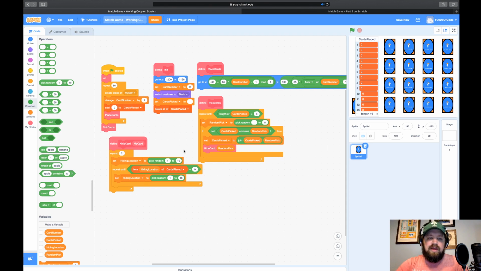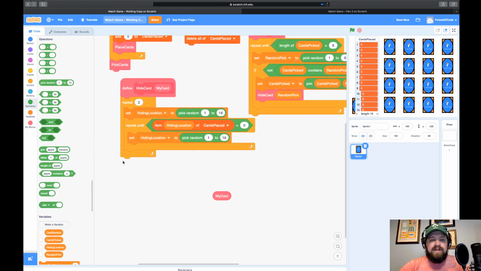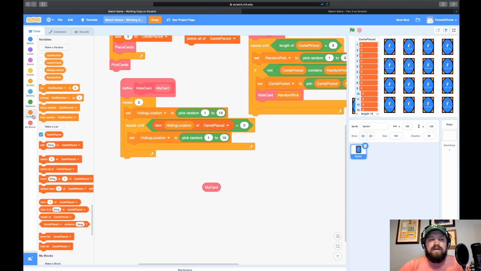So now, if we've gotten past this repeat until, that means that we've found a spot with a card that isn't hidden yet. We need to hide one. Remember, my card is this pill here. We're going to drag that out. Let's drop that down below here. I'm going to zoom in a little bit for you guys here. So we're going to take my card, and now we need to save it to the location that we found in our list. So let's go to variables, and we're going to find our next 2 items in variables here.